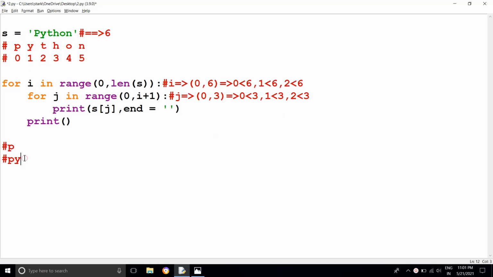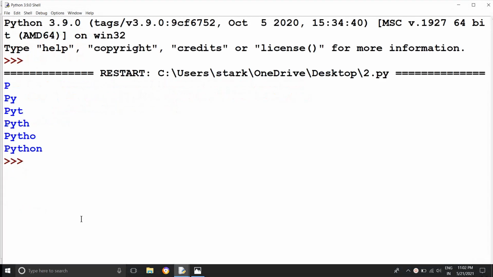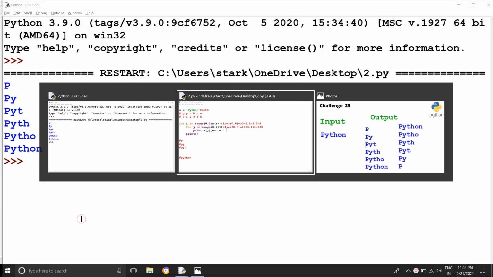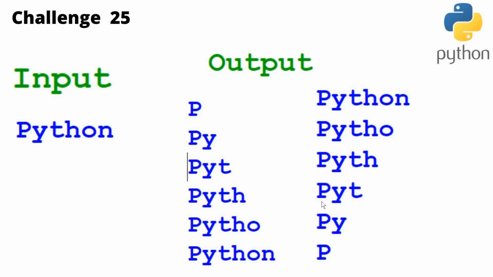It's going to print like p y t. So like that, it keeps on printing all the terms here, and finally it's going to print the full one, like this, right? So this is how it happens internally. If I execute this one, I'll get the same output. So the next one, I need to print this in the reverse order, right?